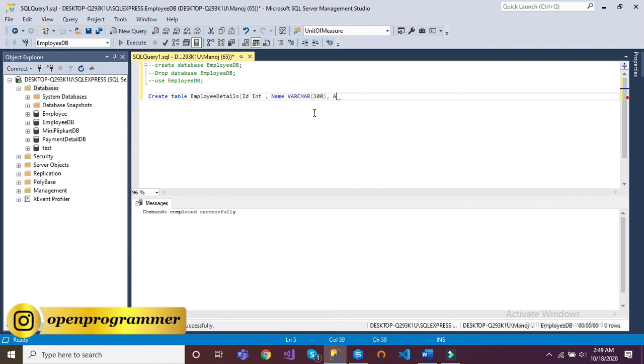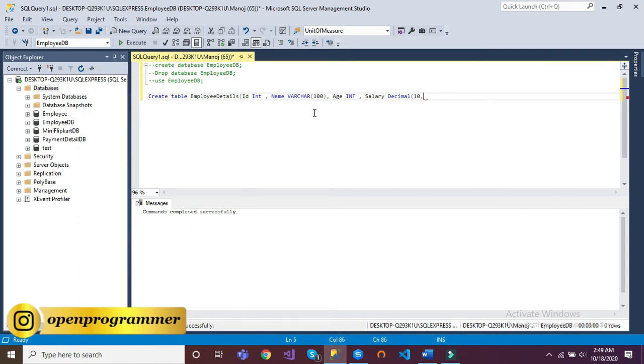After name, let me create another field like age. Age should be int, because it cannot be A, B, C, D. It should be 1, 2 in digit form, right? After that, let me also take another field, salary. Salary will take decimal, because it could have 2 decimal places.